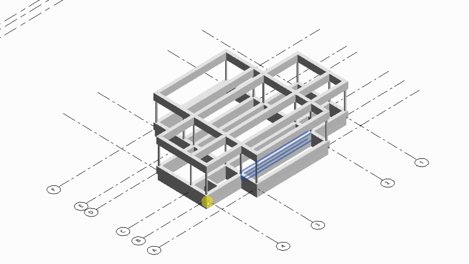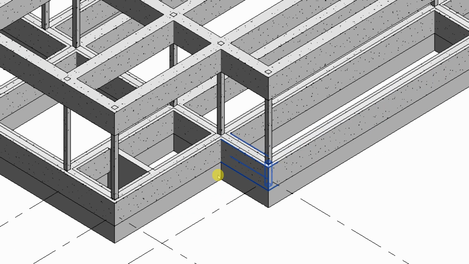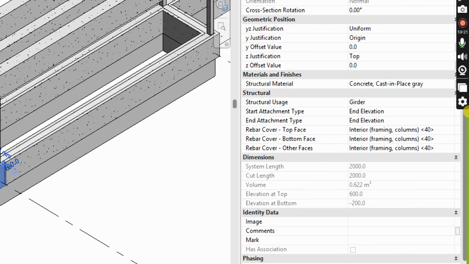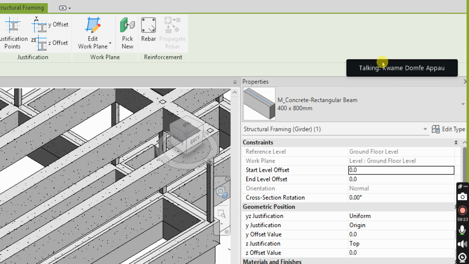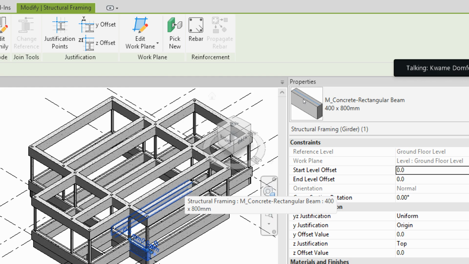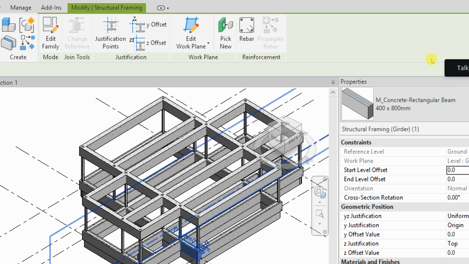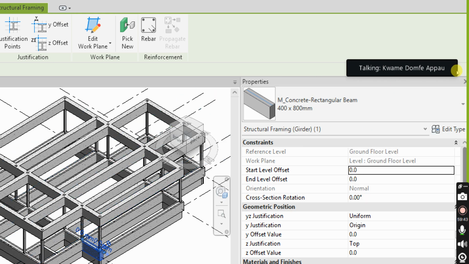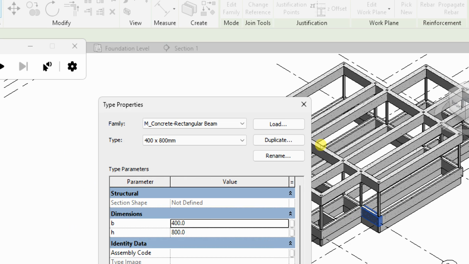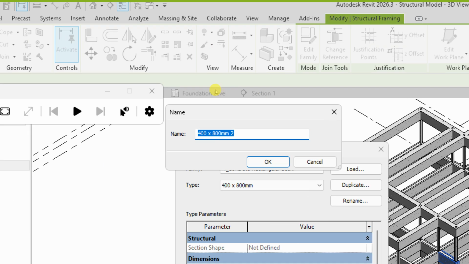I can do the same thing for the beams. This beam also, if I select it and I go to the properties, it is 400 by 800 mm, which is too big for my building. So I need a beam of, let's say, 150 by 150 for now. You edit it again, but I want to use standard size, basic size, so that you appreciate it. So I select the beam also, go to edit type, make a duplicate of it, and then size it